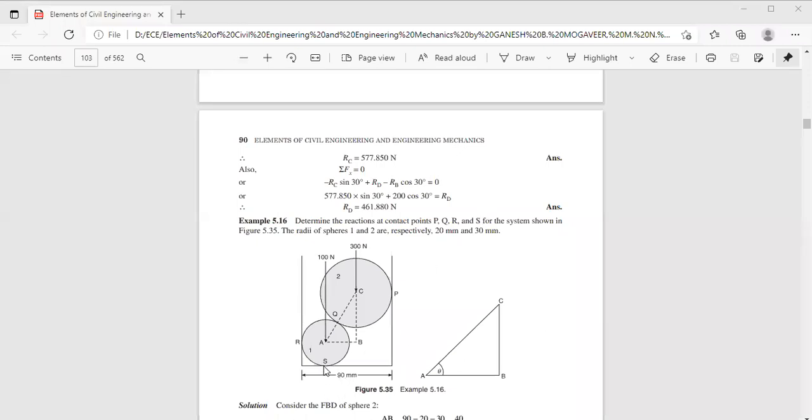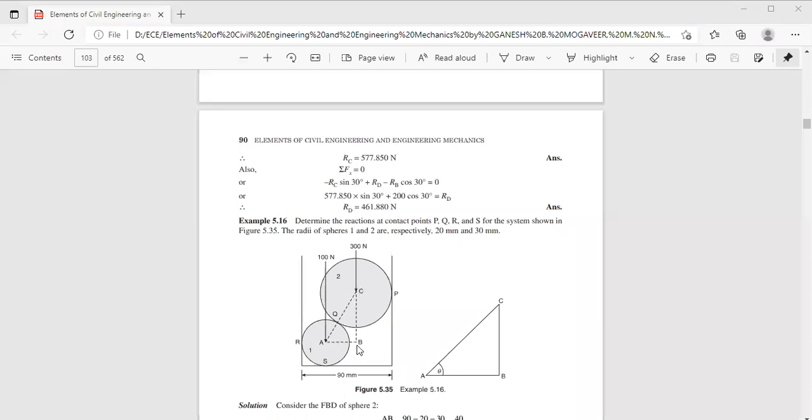Now, before that, we need to find this angle. This angle is important. Now, we will join the centers of these two spheres. So you know the radius of sphere 1 and sphere 2. And can anyone find this angle? How much is it? This angle I want. Now this is the given problem. We have to construct this triangle by joining the centers of the spheres.